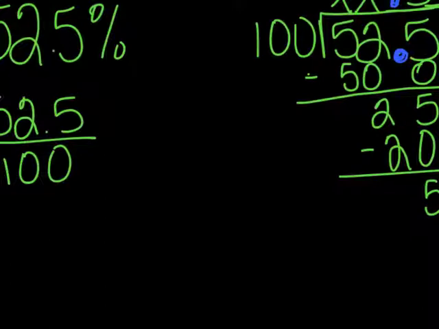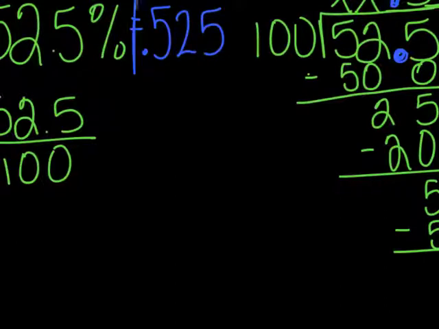And we have 500. 100 can go into 500 5 times, which ends my division problem. I have a remainder of 0. This is letting us know that when 52 and 5/10 is created as a decimal, we have